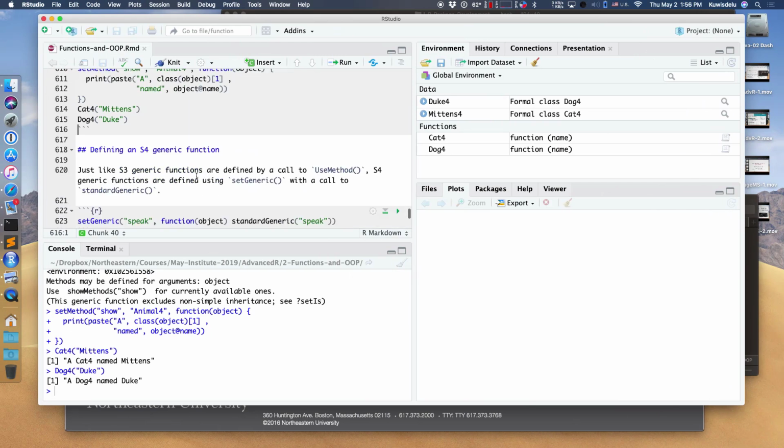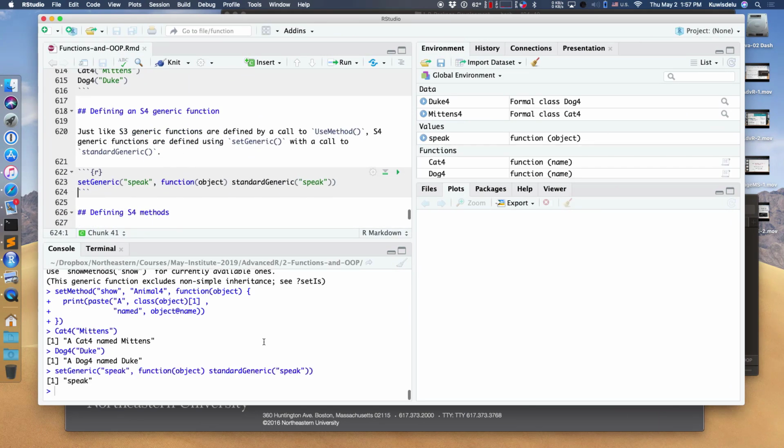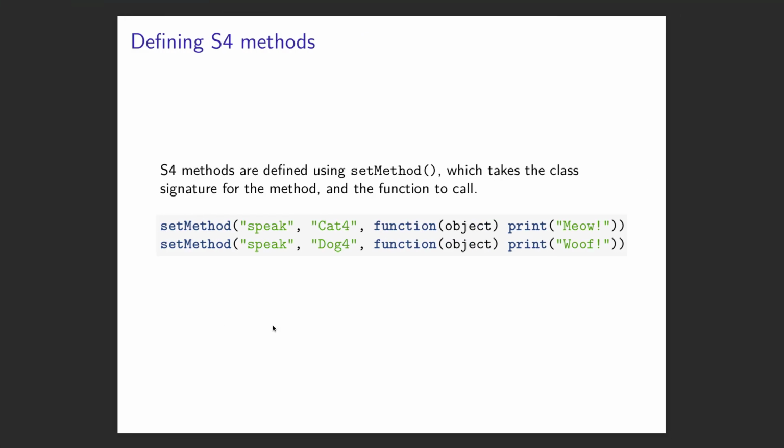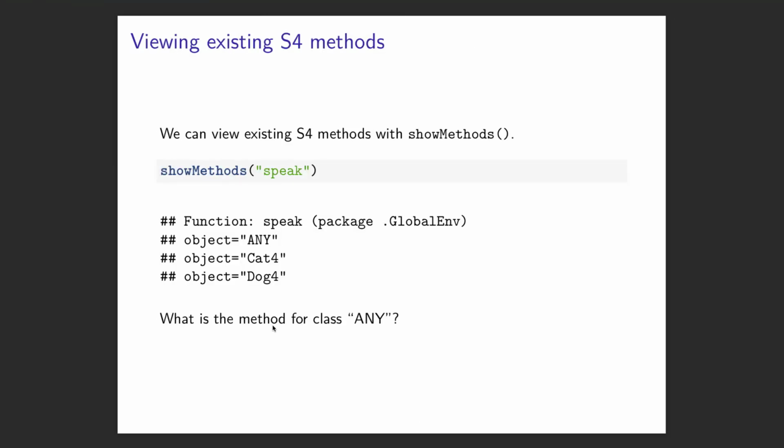So I will find that here. Now if I look at speak, it is an S4 generic function. And now we can define S4 methods on it. We can also see the existing,